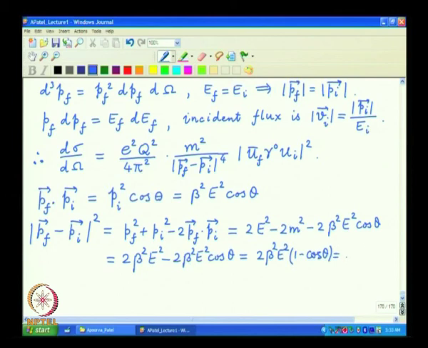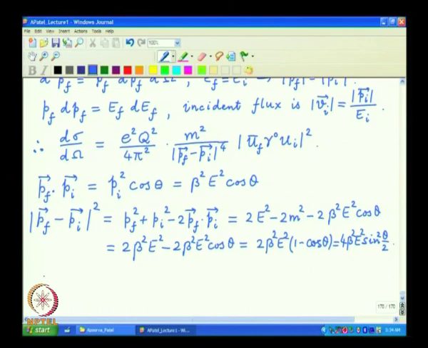again the standard convention is to rewrite this thing as half angles and 1 minus cosine theta then gives 4 beta square E square sine square theta by 2, which is the common expression used to describe this particular cross section, in particular how it behaves near theta equal to 0. But this is a standard simplification, and the other standard simplification which we need is how do you calculate the square of this particular amplitudes.